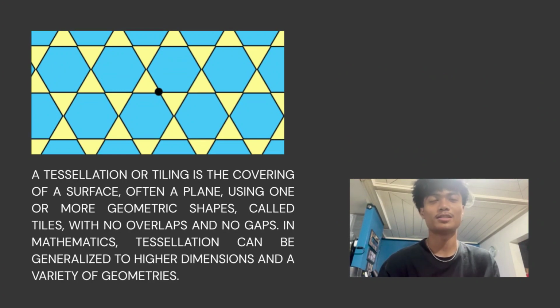Before anything else, here's a fun trivia. Did you know that wallpapers are one of the oldest real-life applications of tessellations? Even ancient civilizations used repeating patterns for decoration, which technically means they were doing math without knowing it. What is tessellation? A tessellation is a pattern of shapes that completely covers a surface without gaps or overlaps.